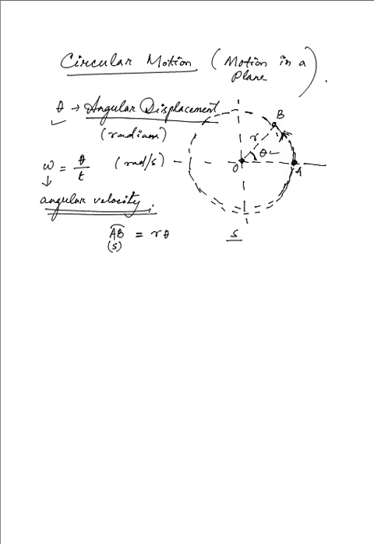And distance by time was giving me the speed, so if I divide the distance by time, I can do the same thing on the right hand side, that is, distance AB is equal to r times theta, and